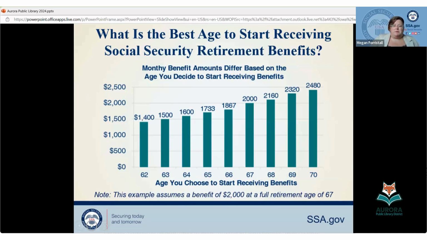And other factors might be health insurance, needing to work at least till 65 for Medicare age, and other savings, other retirement plans, all those different things. And your answer is going to be maybe different than your best friend's or your neighbor's or even your spouse's. So there's going to be something that you need to choose when your benefits are going to start. All we can do is give you these figures.